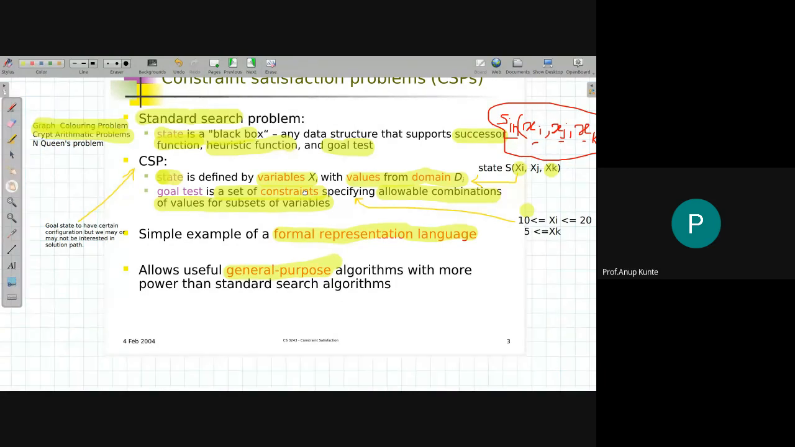Goal test is a set of constraints specifying allowable combinations of values for subsets of variables. Which values are allowable for a subset of variables? Which value from the domain of xi should the variable xi take such that that particular value subset can be part of a goal test. So I will be doing the goal test in this particular manner, checking out